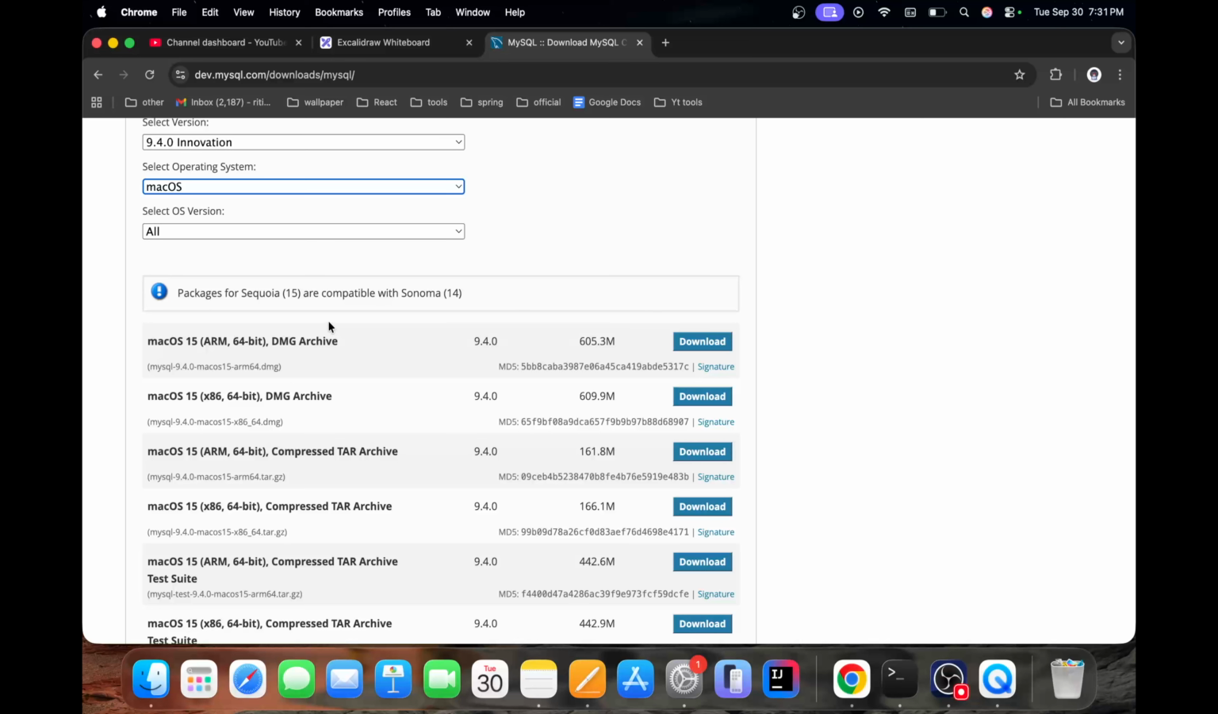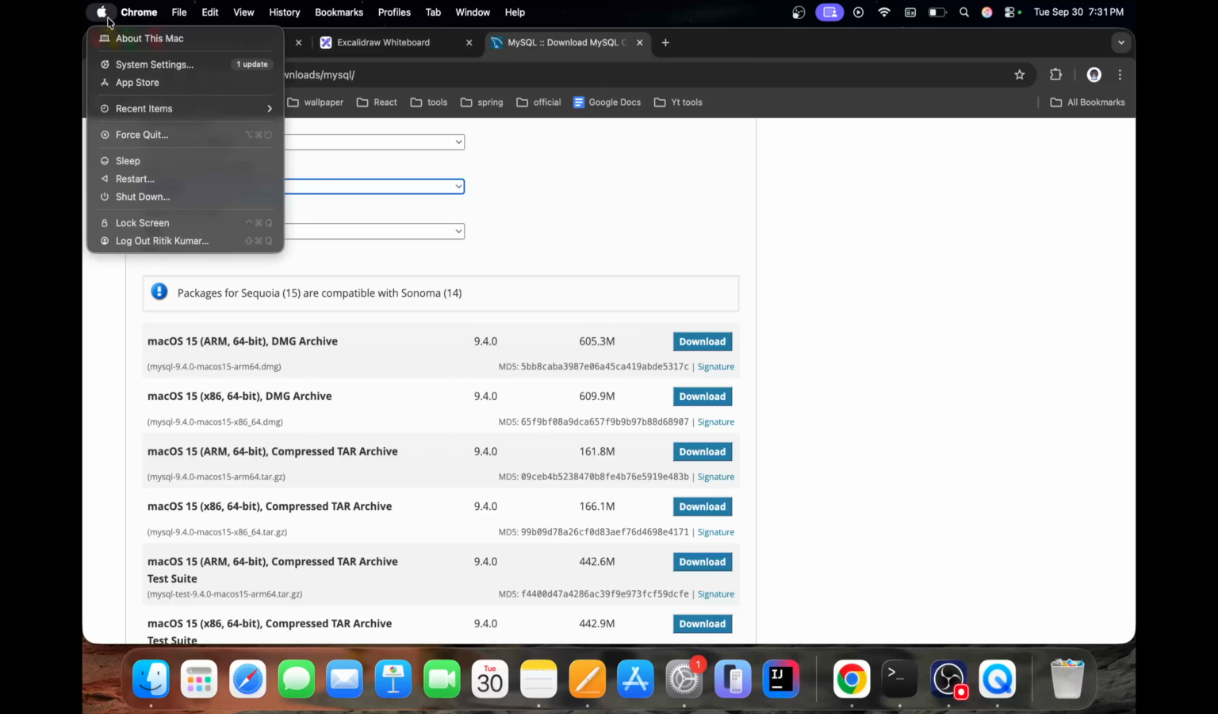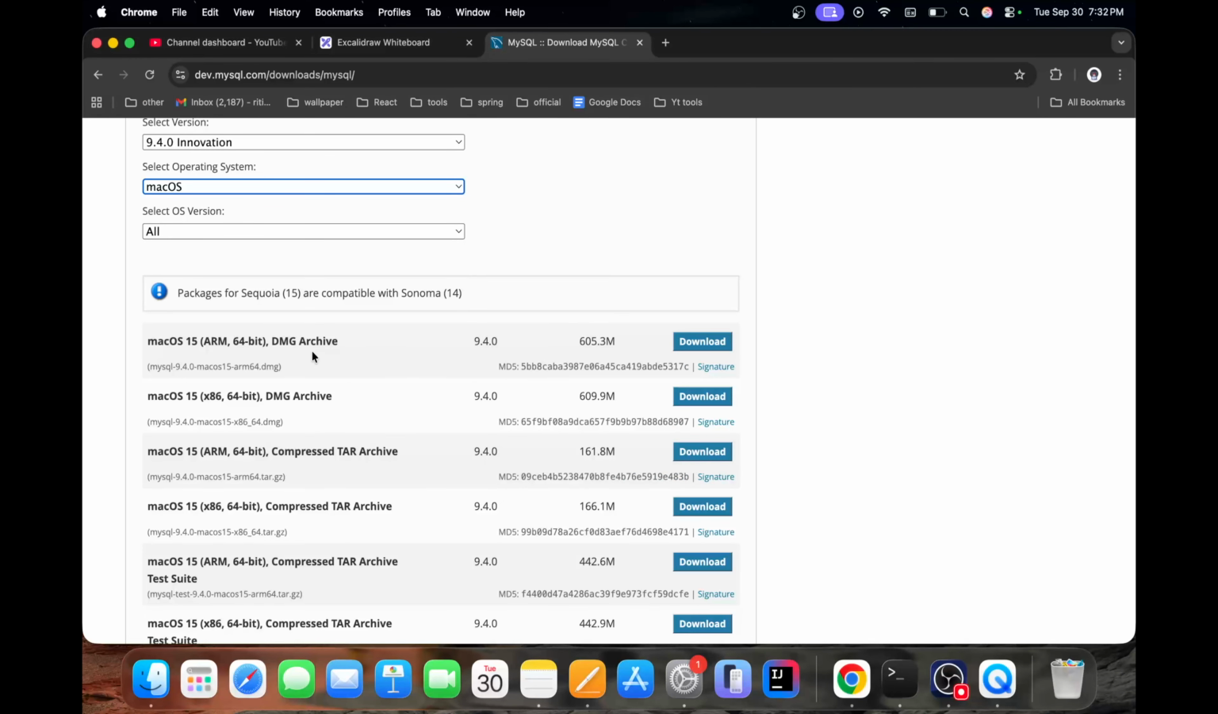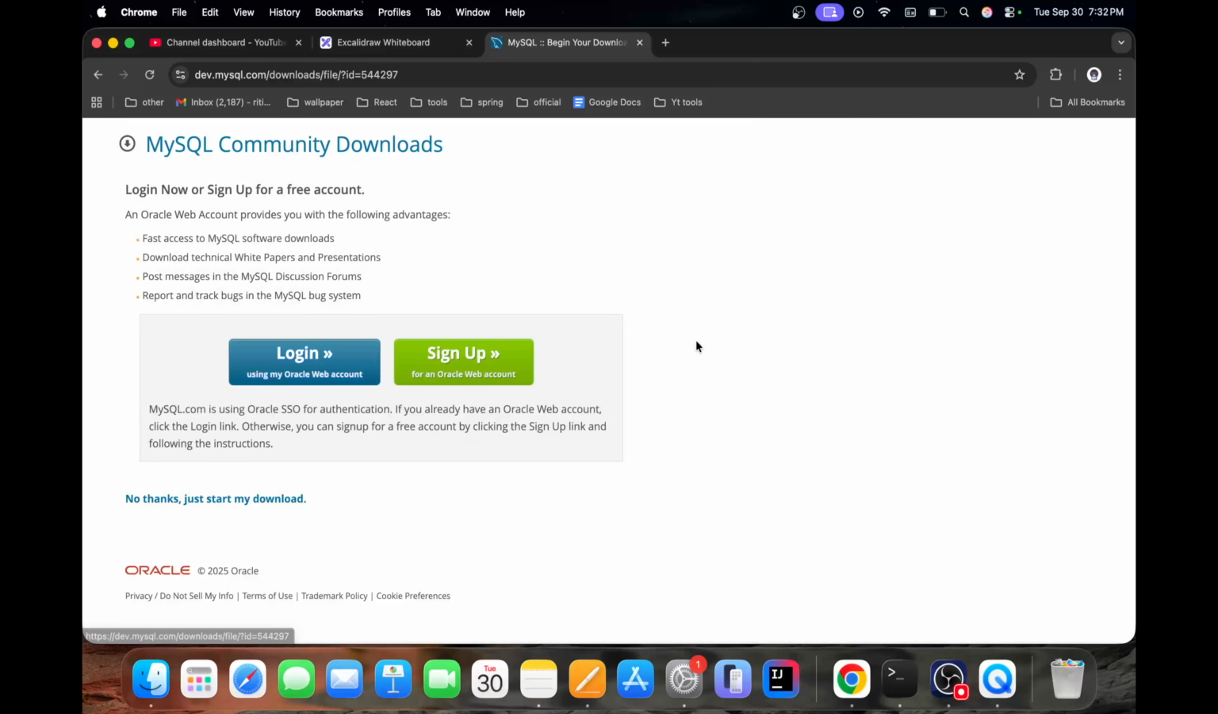And if you are not sure which chip is used in your MacBook, you can directly go to this Apple icon, and go to About This Mac. You will see the Apple chip name here. If you are seeing something related to Intel, then it means that you need to go with this option. If you are seeing something related to M1, M2, M3, M4 or any other versions, you can go ahead with this ARM based installer. So since it's a DMG, I will go ahead and click on the download,